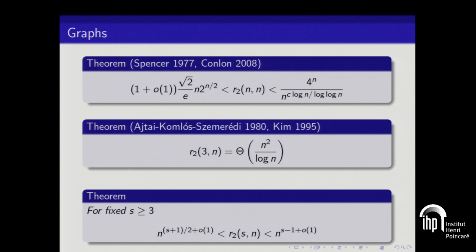And today, we even know the upper and lower bounds apart from a constant factor of 4 or 2. I'm not sure what the constant factor is. We're off by a constant factor of 4 or 2 between the upper and lower bounds. But that's actually the only case where we know something as far as the order of magnitude is concerned. It's a major open problem, in my opinion, to solve this question when s is equal to 4.